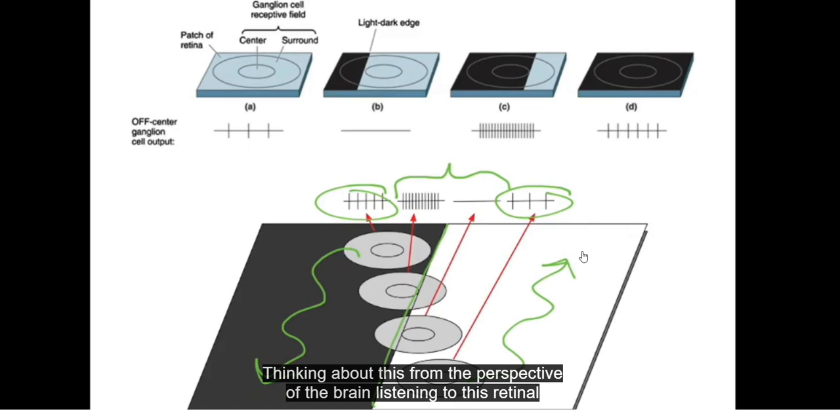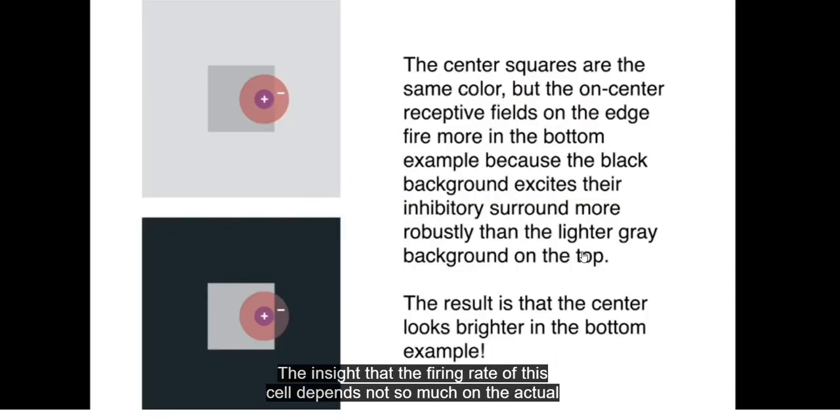Thinking about this from the perspective of the brain, listening to this retinal ganglion cell to try to understand visual space, this cell will maximally fire when an image containing a high contrast transition from dark to light is projected directly onto the location of the receptive field. The insight that the firing rate of this cell depends not so much on the actual level of illumination, but rather on the contrast between the central and surround regions of the receptive field, explains the illusion that we saw several lectures ago,